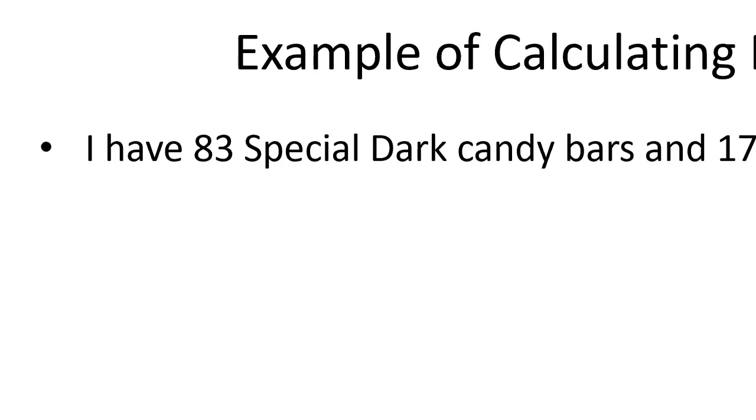In this video, we're going to go over some examples of calculating probability. So let's say we have a bag of candy with 83 Special Dark candy bars and 17 Mr. Goodbar candy bars. So that's a total of 100 candy bars. And if we want to calculate,